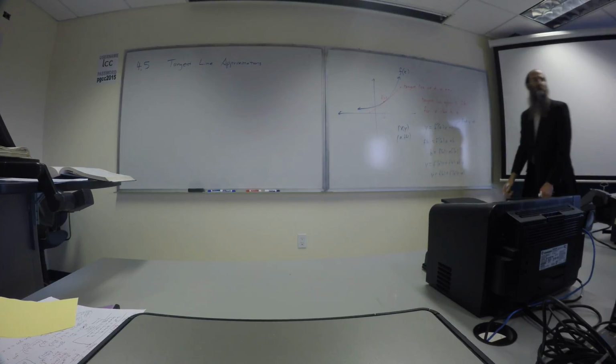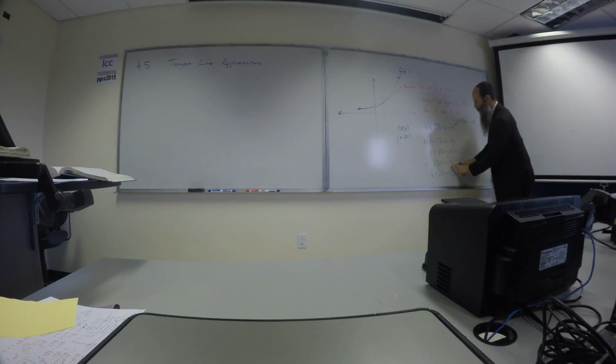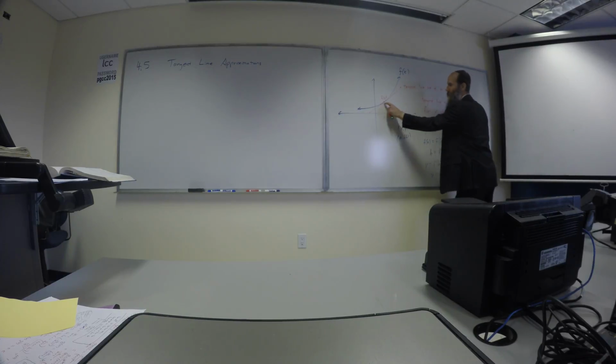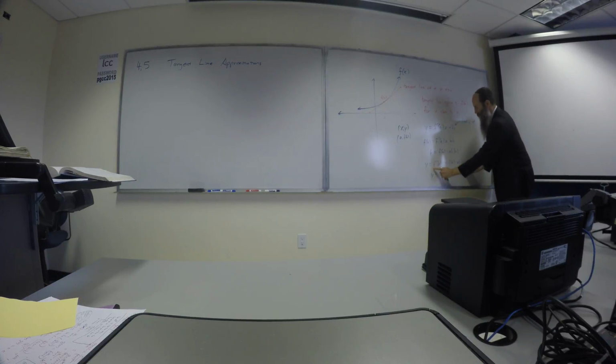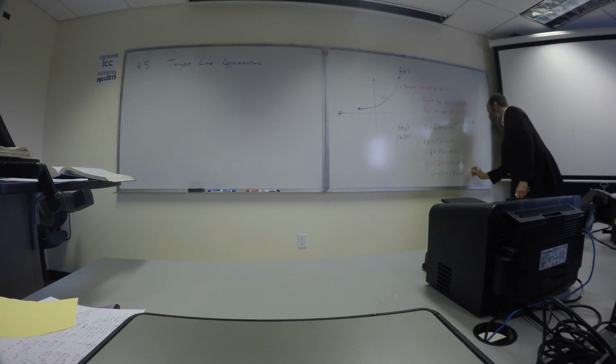Everybody understand that little factoring at the end? No big deal? So all I did was I moved the f of a right here. That's the function height there. And then I grouped these two together, and I took off the f prime a. So f prime a came out, and I was left with x minus the a. So that's a little factoring there. Love that. Okay. So this is the equation of the tangent line